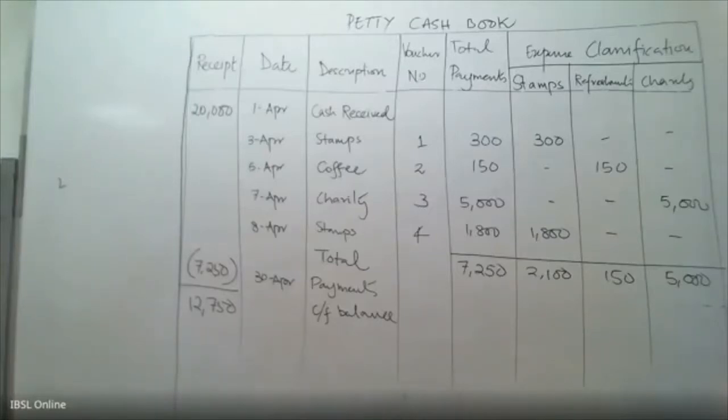The structure that I have shown you is more or less similar to what they will prepare, but each company might have their own structures. So there is no restriction on how you have to maintain this petty cash book. But what is important is the petty cashier has to make sure that all the bills, wherever possible, are obtained and maintained, and you prepare a schedule grouping like this.